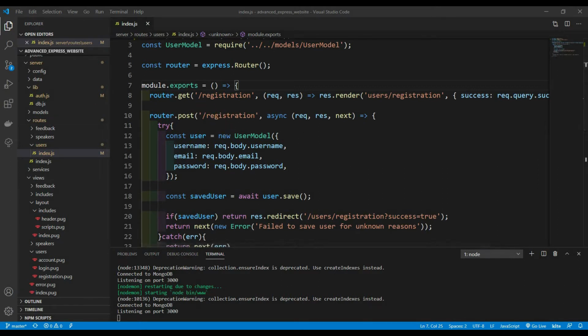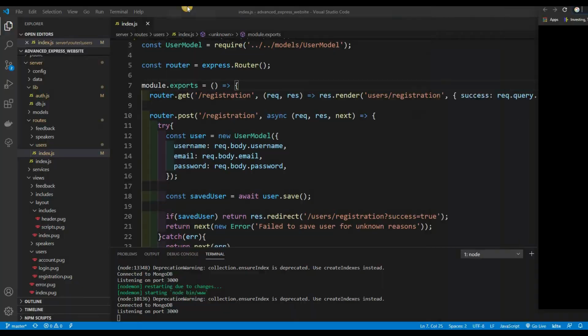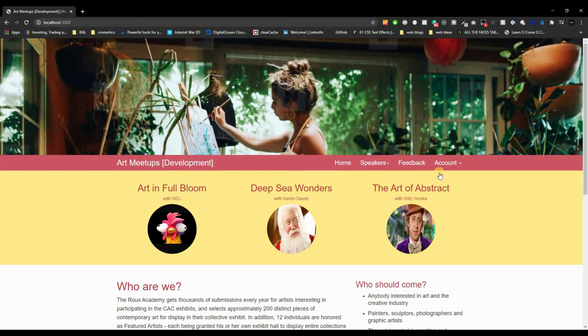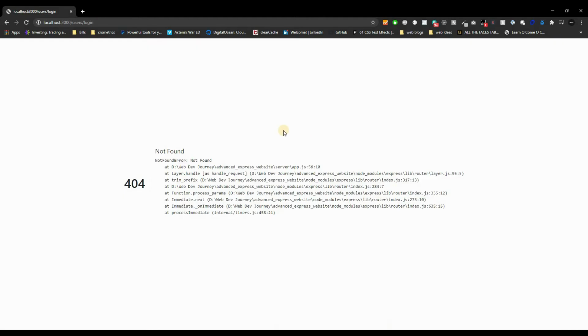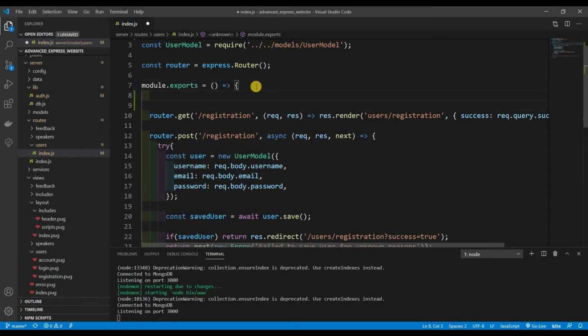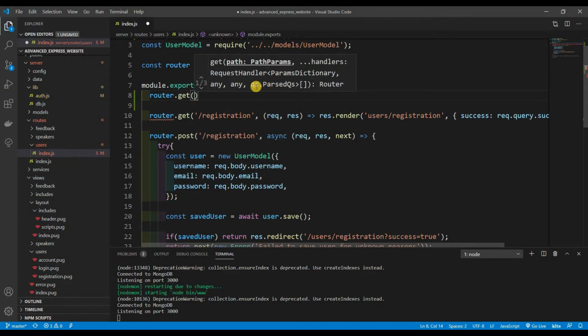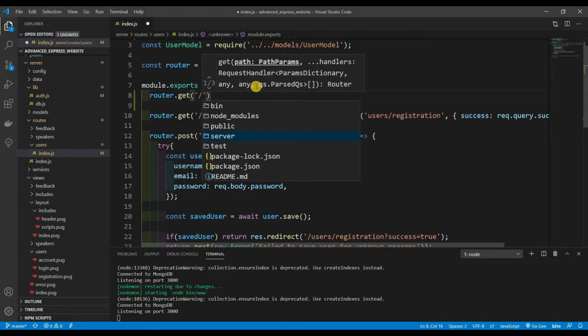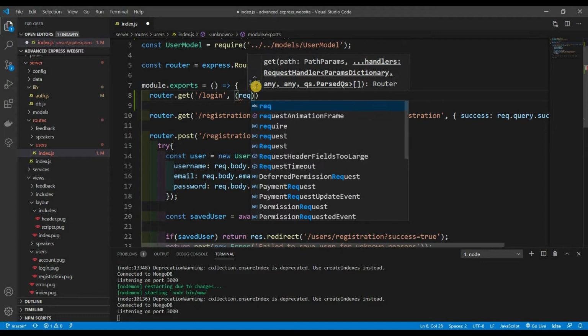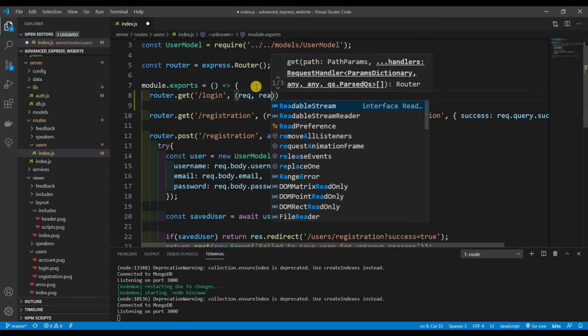If I go to localhost 3000 and try to go to the login page, we're going to get an error because we don't even have a route for that. So let's set that up. Right above router.get, and then what do we want to get? Well, we want to grab the login page. So login with our req, res,